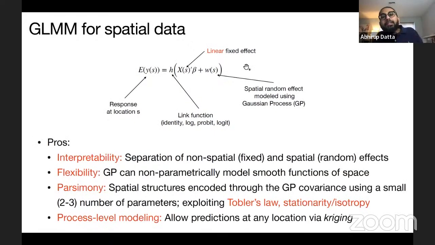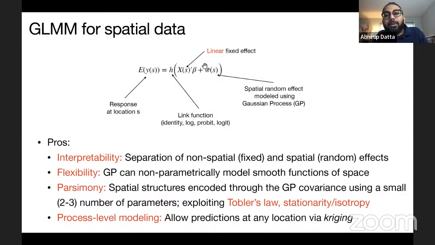So I really like this framework. I think it has a lot of nice advantages. It separates the effect of the covariates in the fixed part, and the effect of the spatial structure in the random effects. The spatial structure, when it is modeled using a Gaussian process, can capture complicated structures of space because Gaussian processes are fairly flexible.